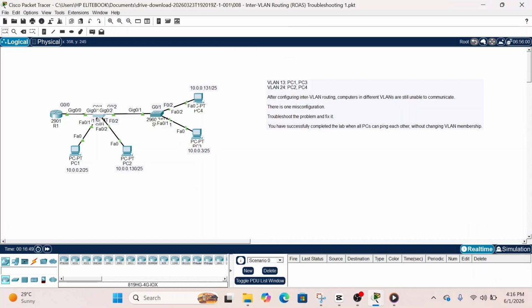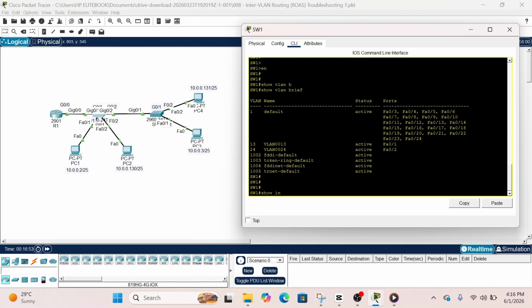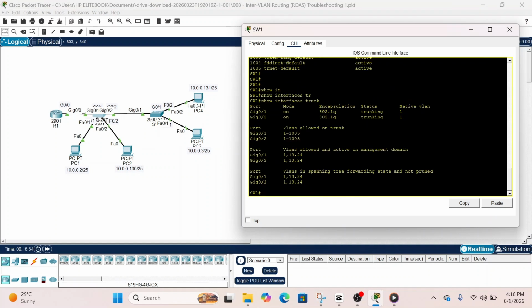And also let us view the same thing from this switch. So show interface trunk, and indeed gigabit Ethernet 0/1, which is connected to the router. You remember, it is supposed to be a trunk to allow traffic from multiple VLANs to be sent to the router. And also this interface gigabit 0/2, which is directly connected to the neighbor switch, which is